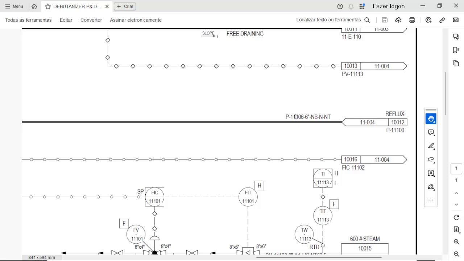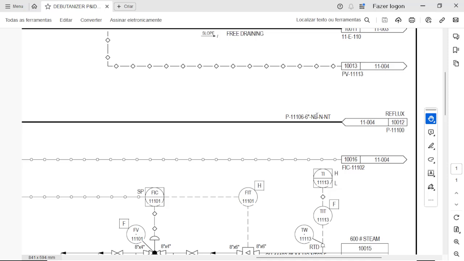Sometimes it is organized as area 100, area 200, area 1000, and so on. And we have a sequential number that usually is composed of 3 digits. So in this case, we can assume that we are in area 11, and the sequence number for this line is 106. Moreover, we have the identification of the pipe size, in this case 8 inches.